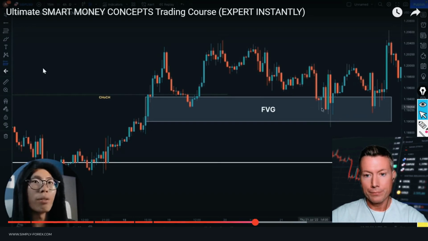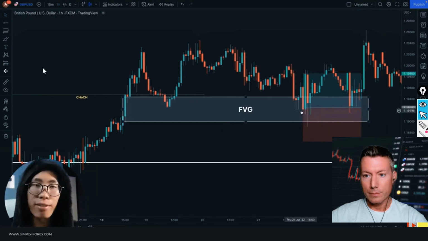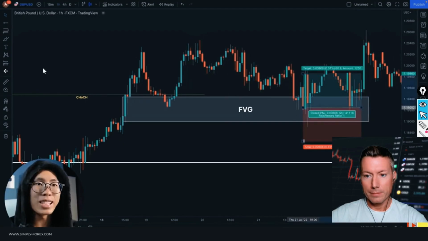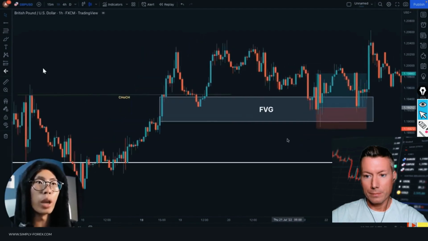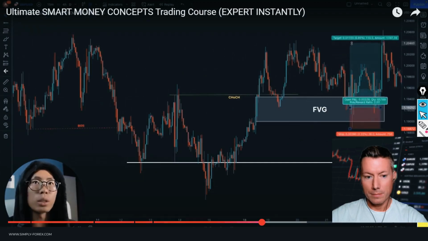So in this trade, I will have entered for a buy right here when price came to the middle of this fair value gap, and it's showing me some signs that it's going to reject it and head back up. I'll place my stop loss below the fair value gap, and I'll place my take profit where price last stopped at. If you look towards the left, there's a little